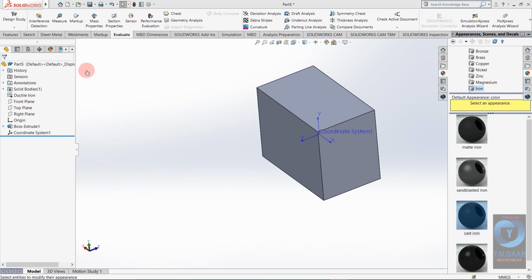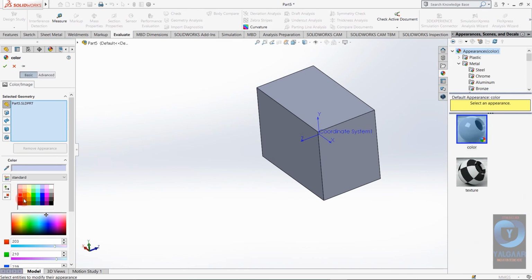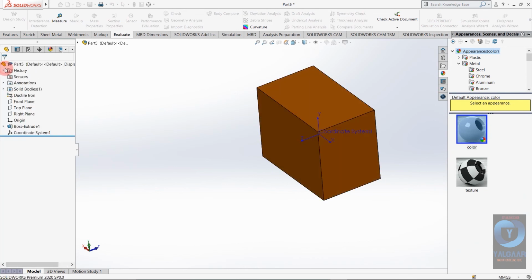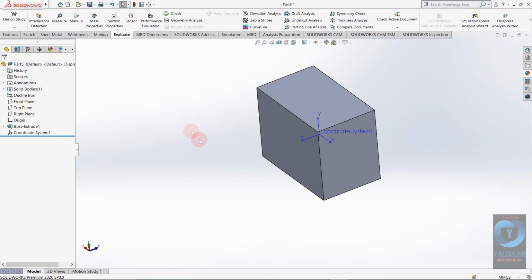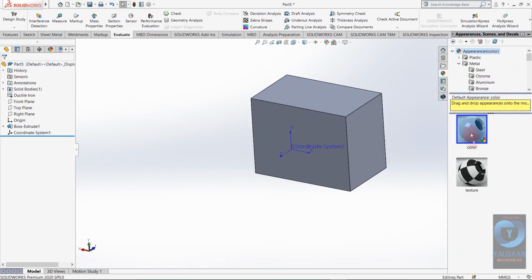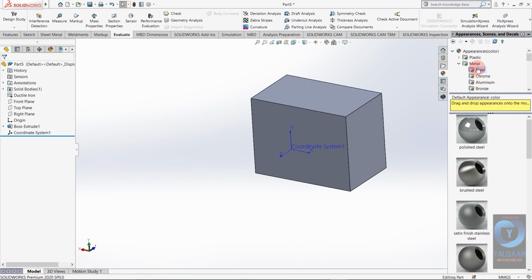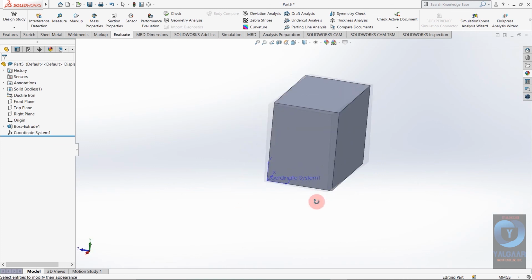I'm going to give it again. You can also remove it by right click, appearance, here remove all part appearance. Now I want a finish like polished steel. I'm just going to drag it on my component. As you can see, the color has changed.